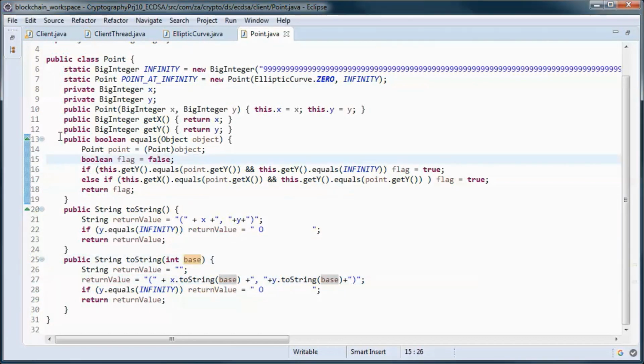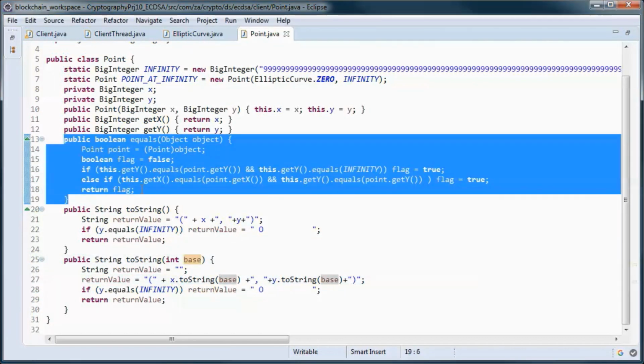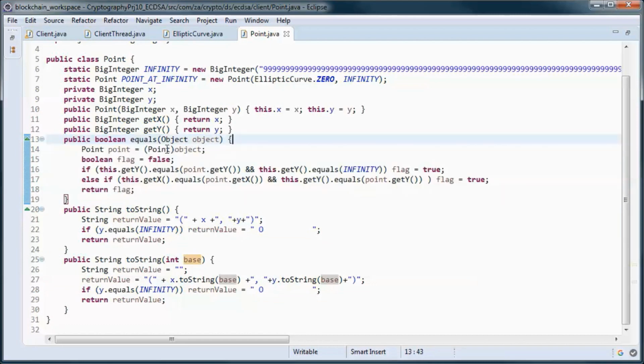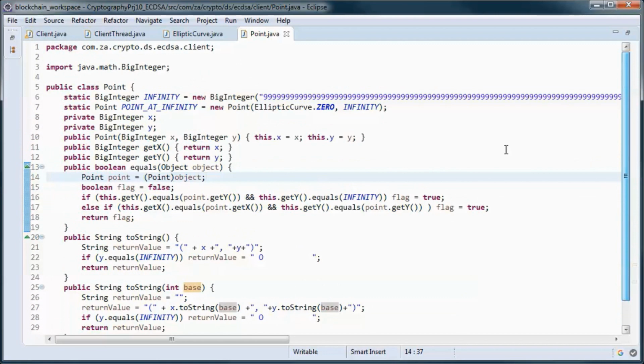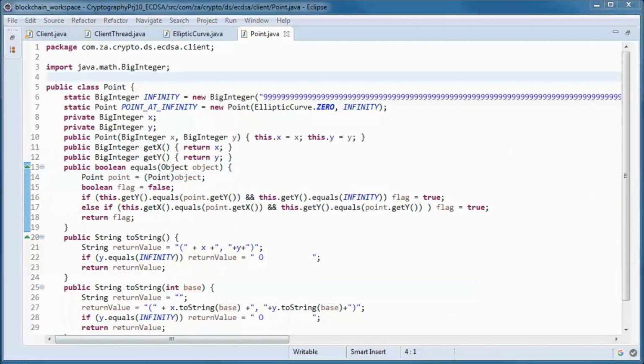And this equals method checks to see if the passed in point is equal to this point, and this should do it for this class.